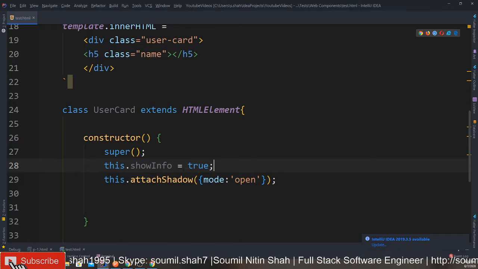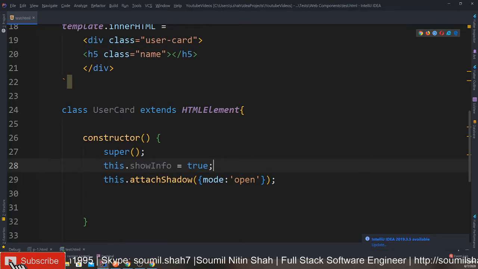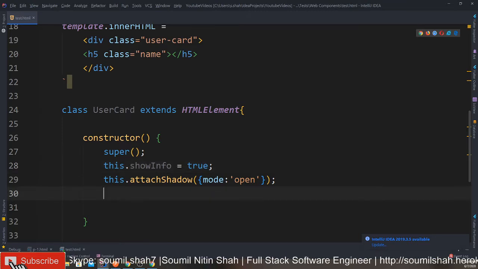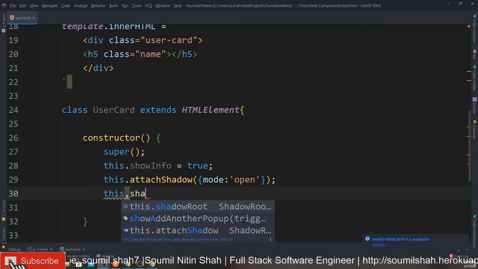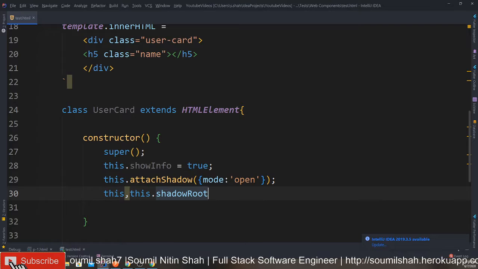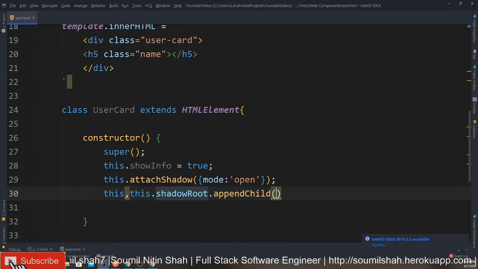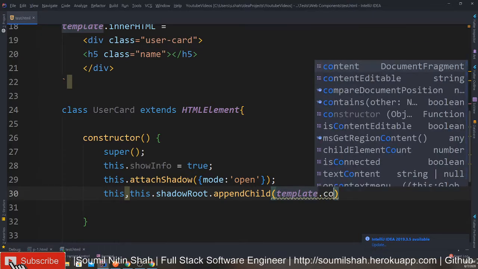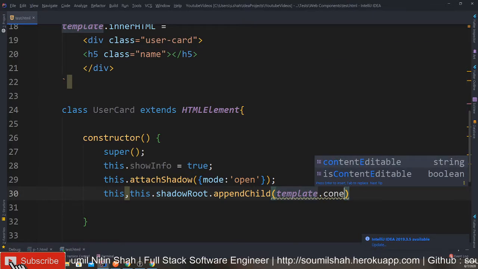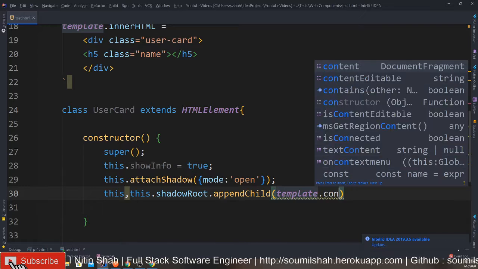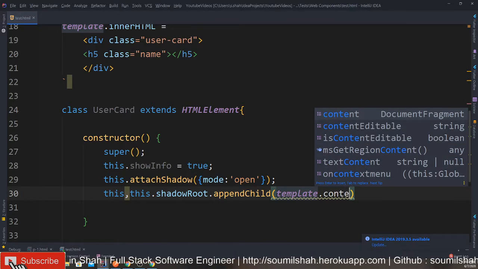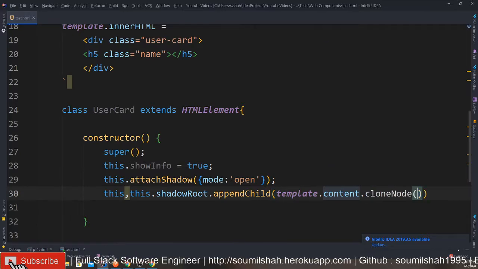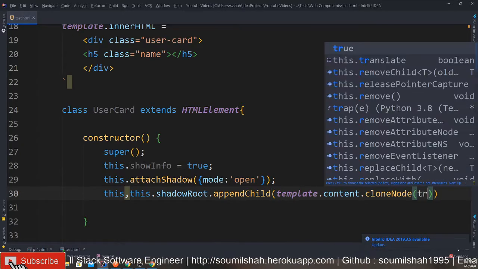Now we will append a child. Let me complete it. So this.shadowRoot.appendChild, and we'll append template.content.cloneNode, and I'm going to say true.